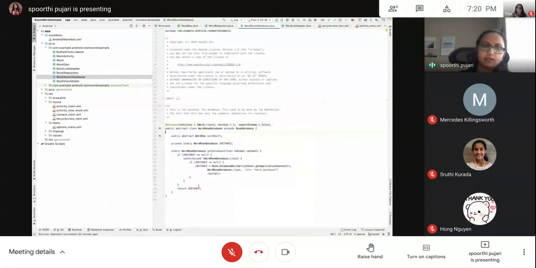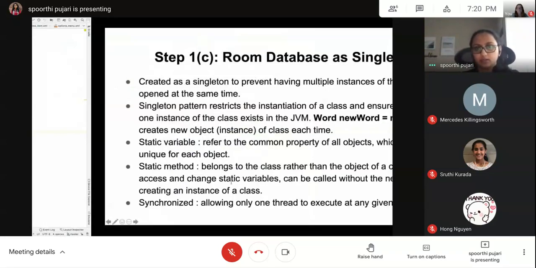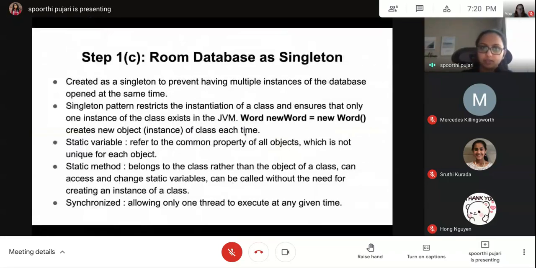So what is all this code that I've written here? That is to create a singleton class. So what is a singleton class? A singleton class has only one instance, so you can only create one object of a singleton class. Why are we making this database a singleton class? If we have multiple instances of our database, we can update these multiple instances from different paths that run concurrently in our app, so there can be read-write errors. To prevent this, we are making our database a singleton class.